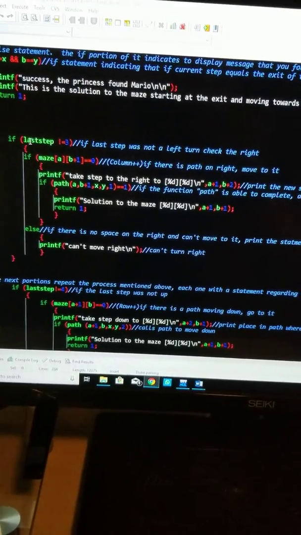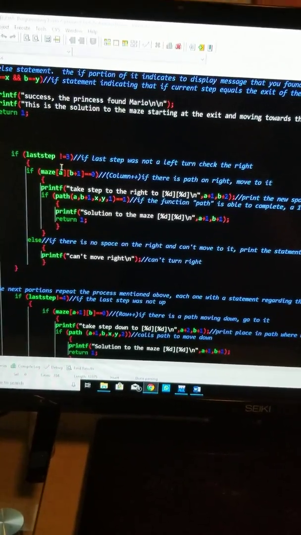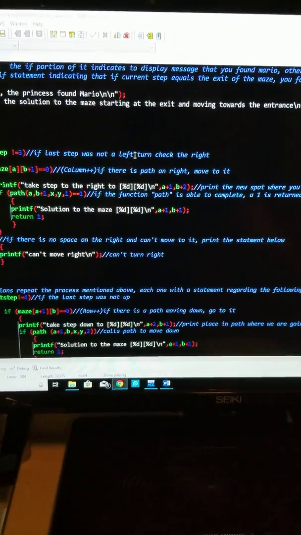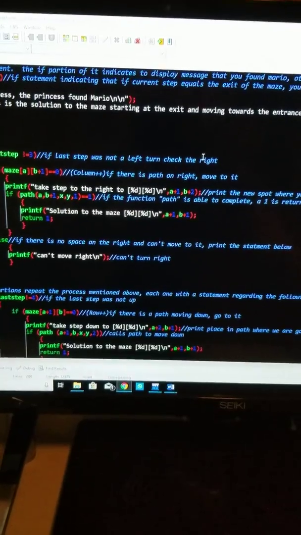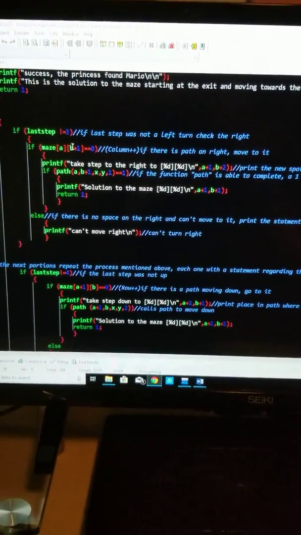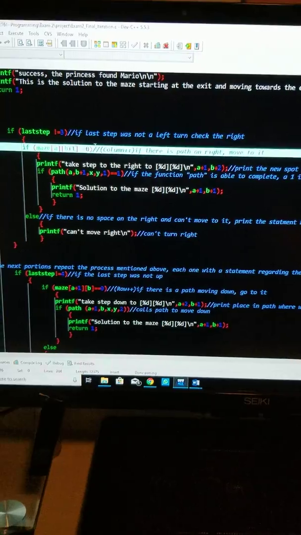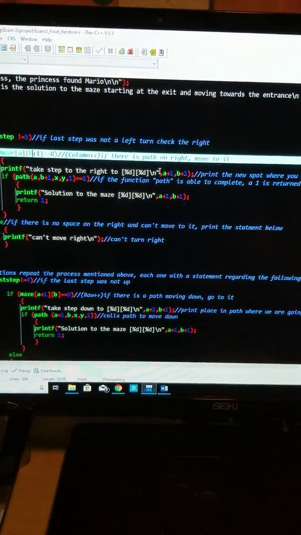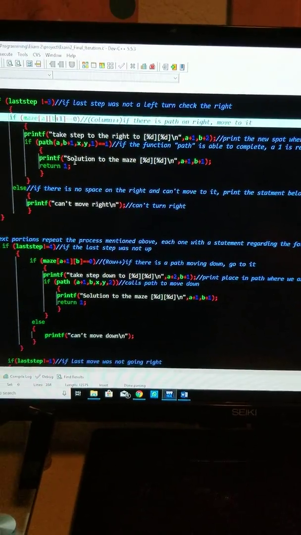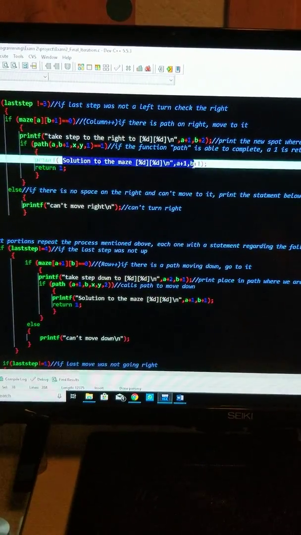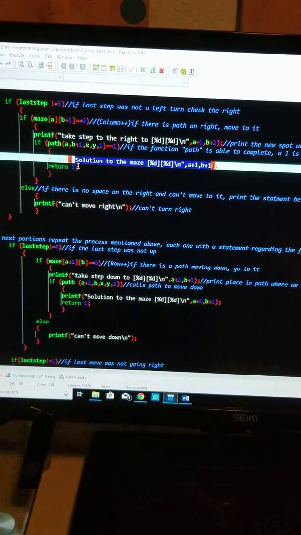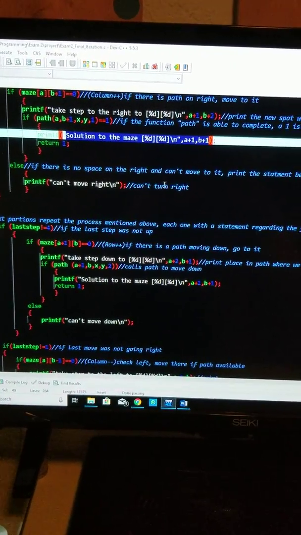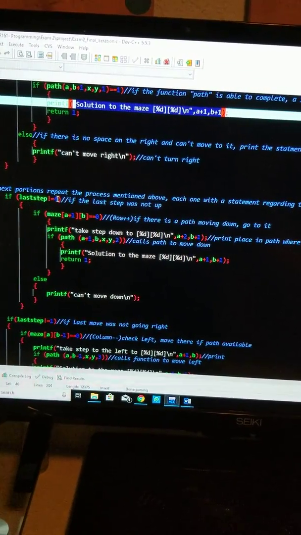So the first thing it checks, if last step not equals 3, so basically if the last step was not a left, then check the right, if that makes any sense. So it's going to add 1 to the column, it's going to check, and if it is equal 0, it's going to take a step there, and it's going to print our current location. And then it's going to print out solution to the maze, and it's going to return a 1, which is like, yeah, that happened. Otherwise, it's going to say, hey, can't turn right, and then it's going to check 4,